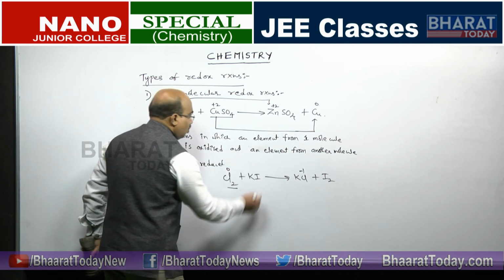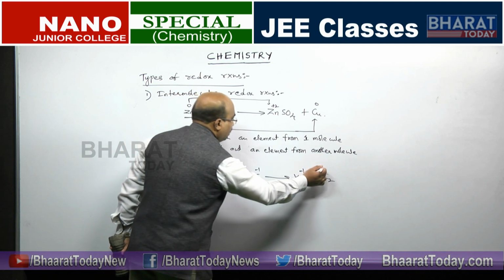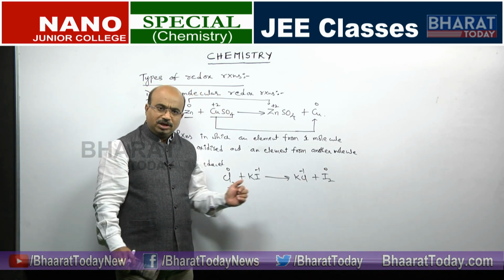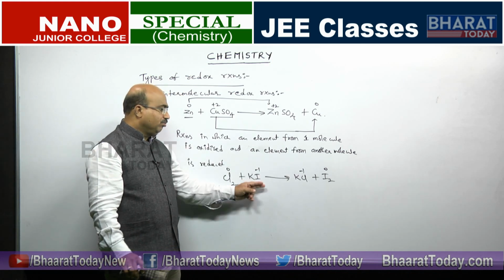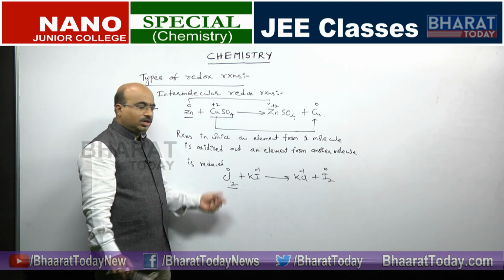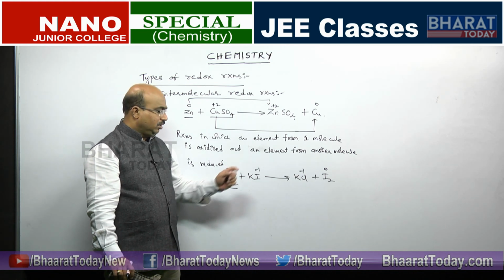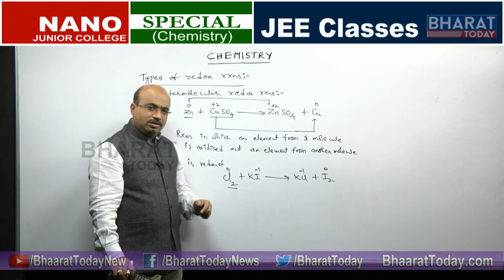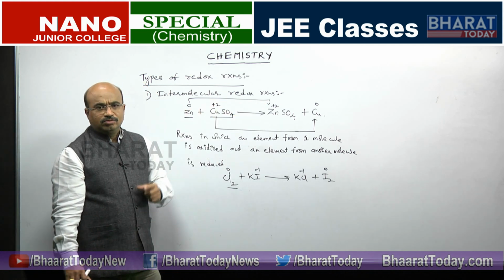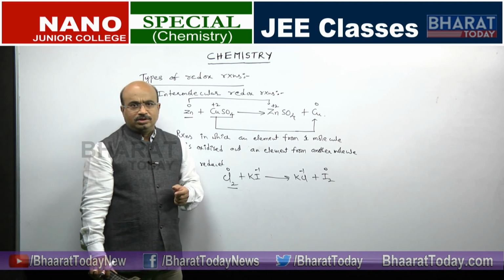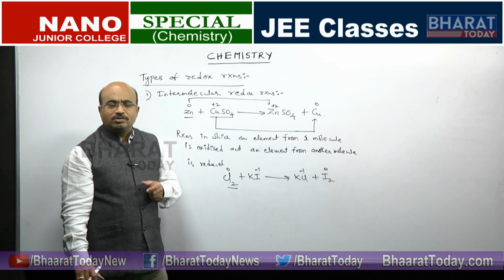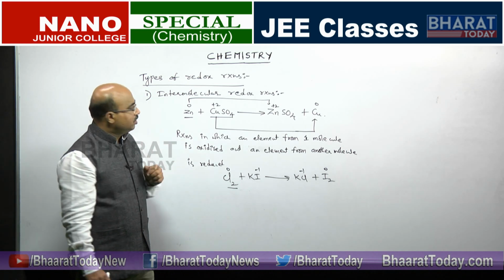In this, iodine is going from -1 to 0. So it is -1 to 0, there is an increase. So this we will say is oxidized, this is reduced. Here chlorine is undergoing reduction, here iodine is undergoing oxidation. So this is also an intermolecular redox reaction, from two different molecules. So there must be two different molecules involved; that is known as an intermolecular redox reaction.